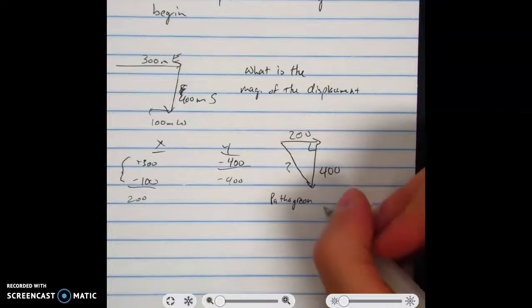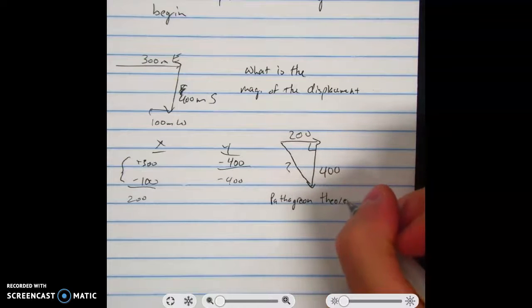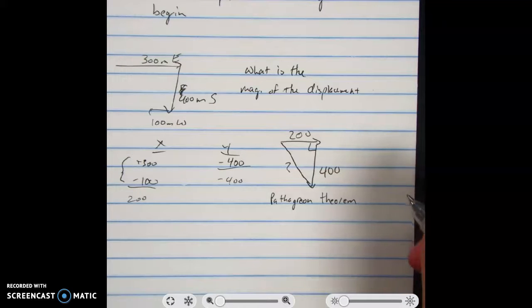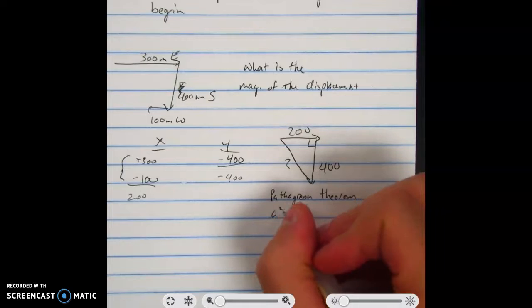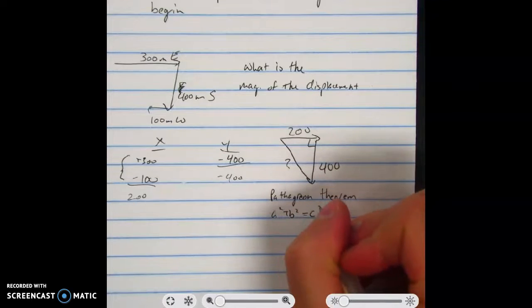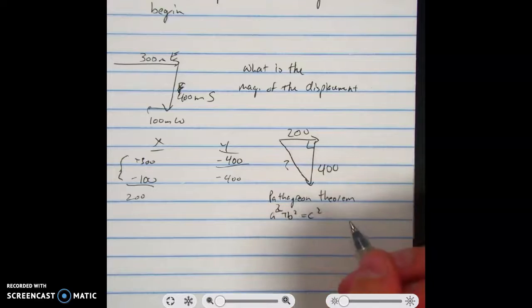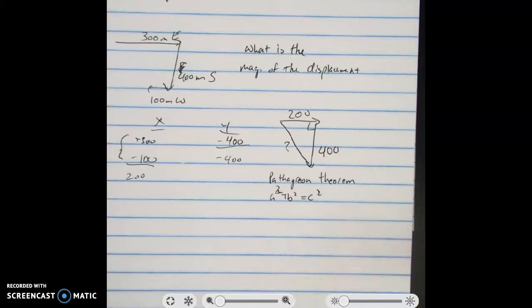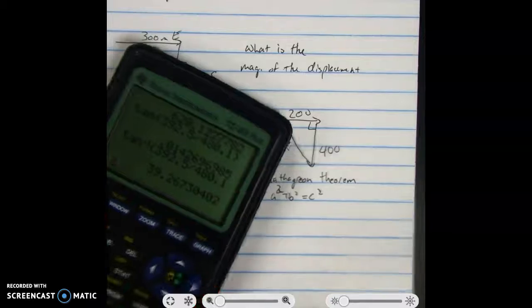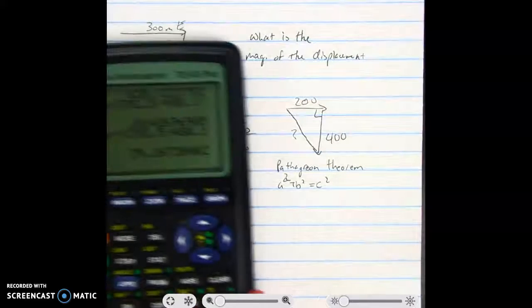That's a spelling issue. Theorem. Boom. A squared plus B squared equals C squared. Okay? Sorry, my handwriting's gross right now. So, A squared plus B squared equals C squared. So, get my little calculator out, put it up on the screen. That gives me